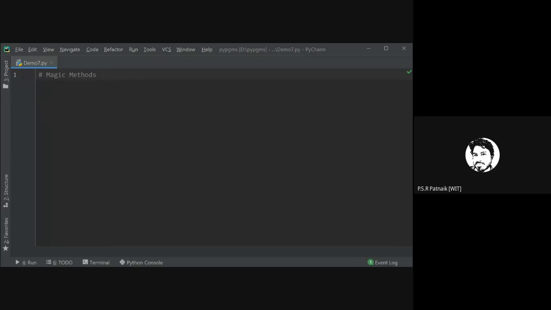Especially this concept would come when we start discussing object-oriented programming in Python. If I'm not wrong, I was told that your object-oriented programming in Python was already covered, so I'm just asking this question. Have you encountered this word, magic methods, in Python?